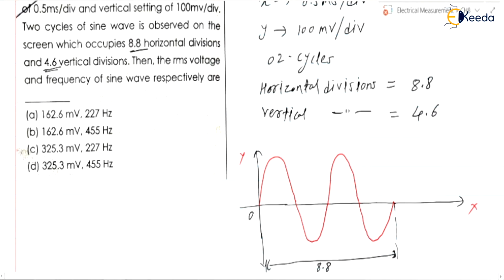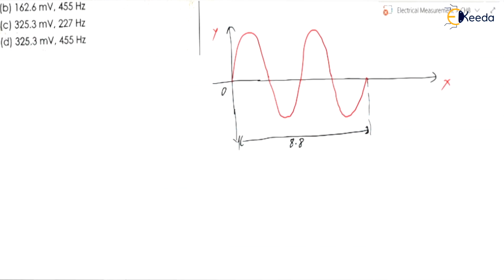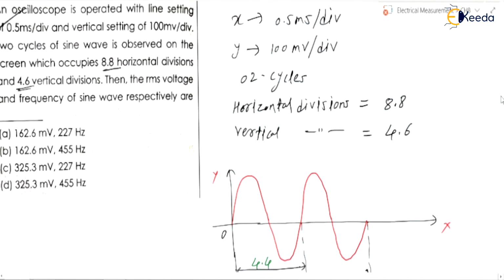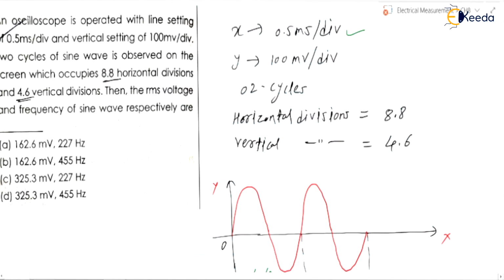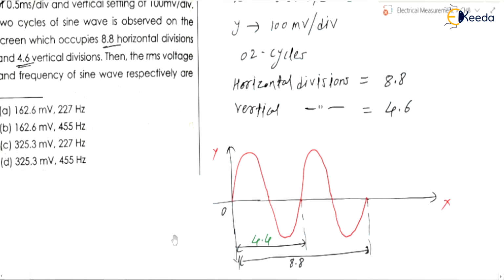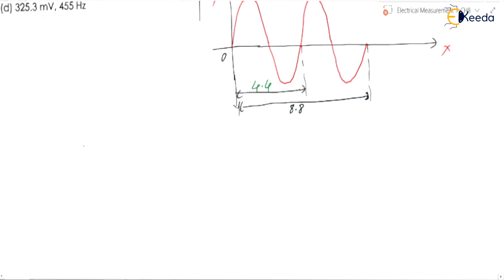So we can write, for one cycle it will be 4.4, right? For one cycle it will be 4.4 divisions. And as we know, for each division we are having 0.5 millisecond. So we can write, therefore, time period of sine wave